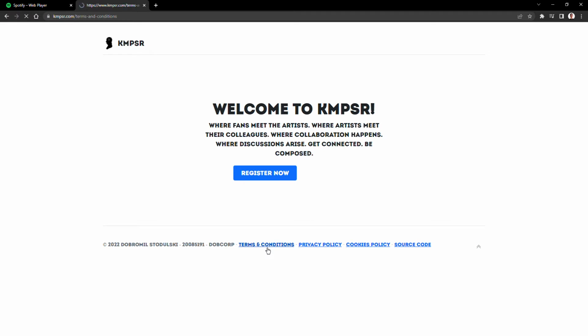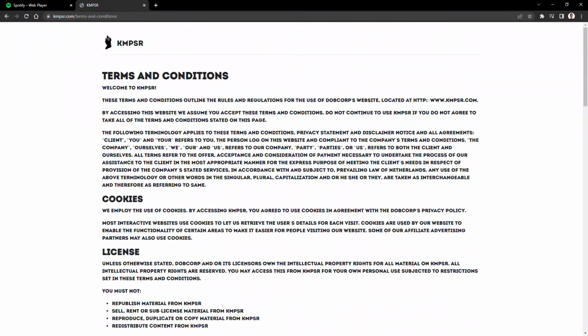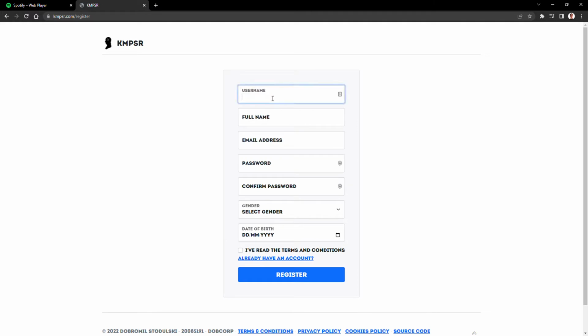So if we just navigate to this, you could reach through all the legal side. But I'm just going back to showcasing the project. So initially the user is able to register